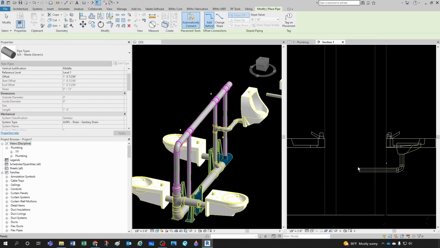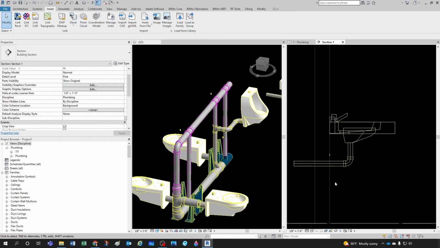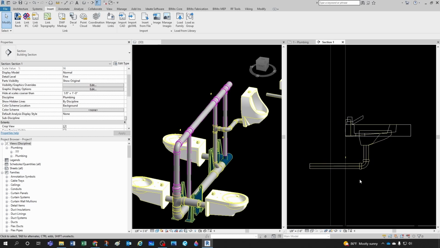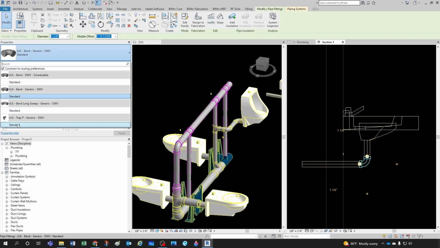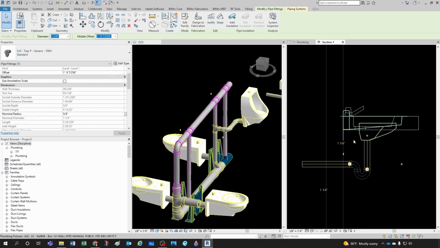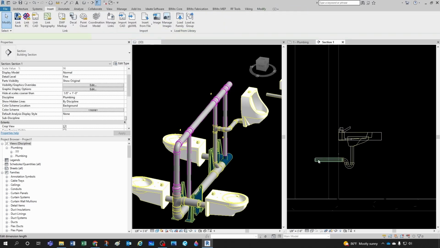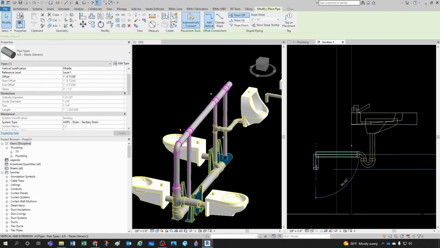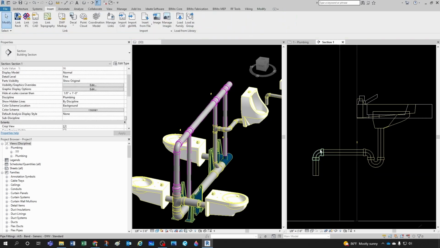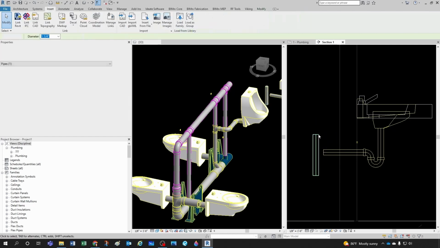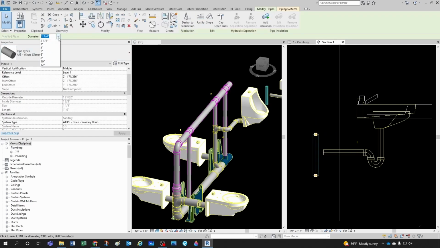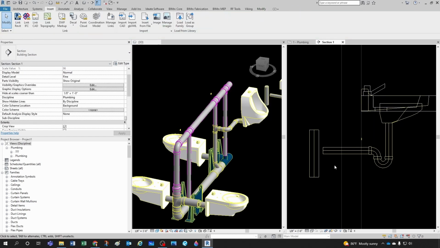And then one thing that I show you how to do in other videos, and it's also available at BIMitUp.com, is we have this P-trap that is categorized as an elbow, and then you can simply change it on the fly just like this. So I'm going to take it from here, and I'm going to delete this elbow. I'm going to extend this. I'm going to create a stack. It's going to be a 2-inch stack, so I'm going to change this to 2 inches, and I'm going to do trim extend